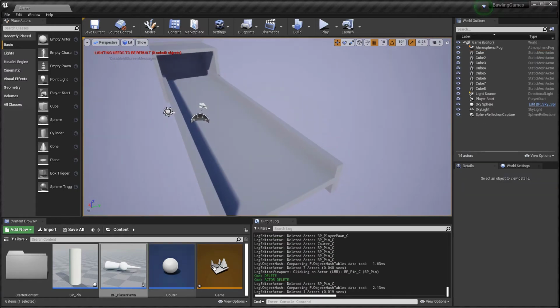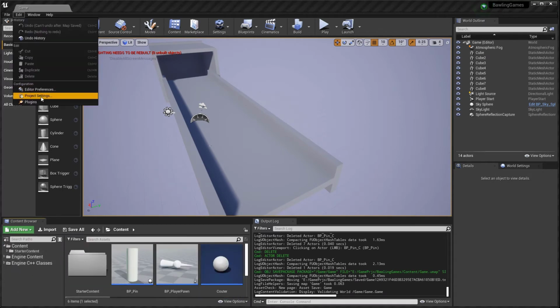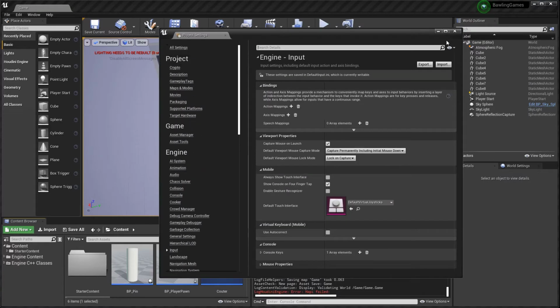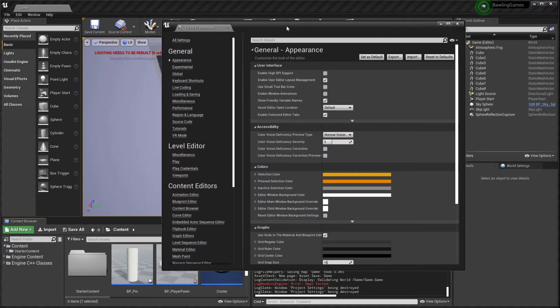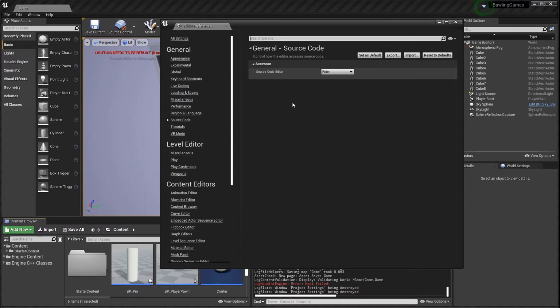Right. So I'm gonna go here and then go to, before I do that, I'm gonna go here to the project settings. I'm gonna use not project settings, editor preferences. I'm gonna go to the source code. You can see my source code editor is Rider. That's gonna be an IDE designed for Unreal Engine, or one of the versions, I guess. There's another version for Unity as well. I'm not gonna use Visual Studio because it's really slow with Unreal, so I'm gonna use Rider